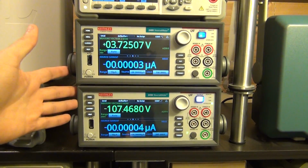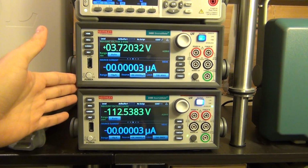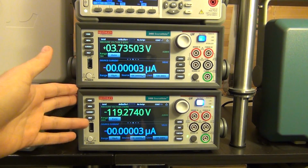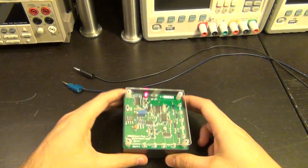Even though it's not really necessary to verify the performance of these Keithley meters, after all, these are Keithley instruments rated to 6.5 digit, I'm sure they meet their specification. No reason to dig into that. It's more interesting to do other tests on it. But I do want to show you something that I've picked up recently, which might be interesting to do a